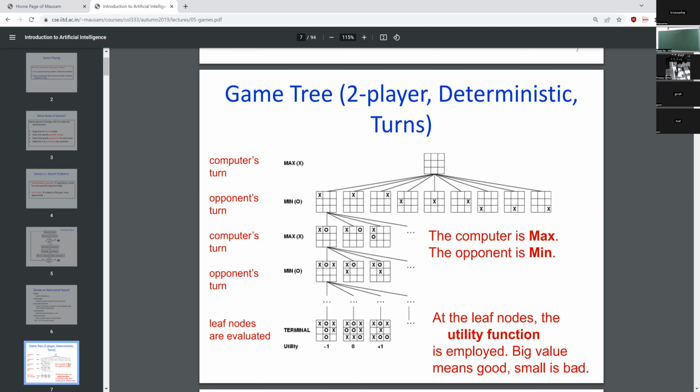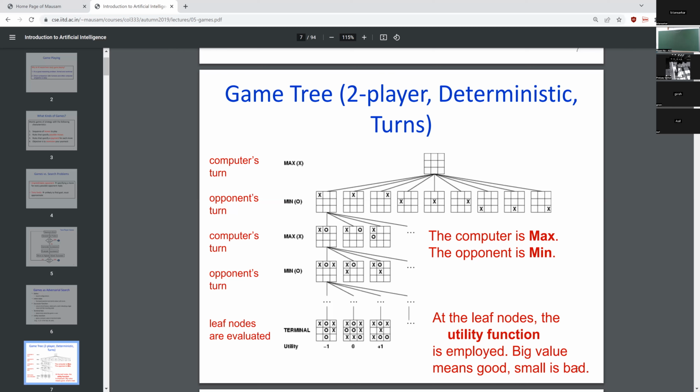So those nodes which are in the max layer in this picture are the nodes where the turn of the player is the AI agent. The AI agent has the turn to play. And alternatively, those layers where the title is min,